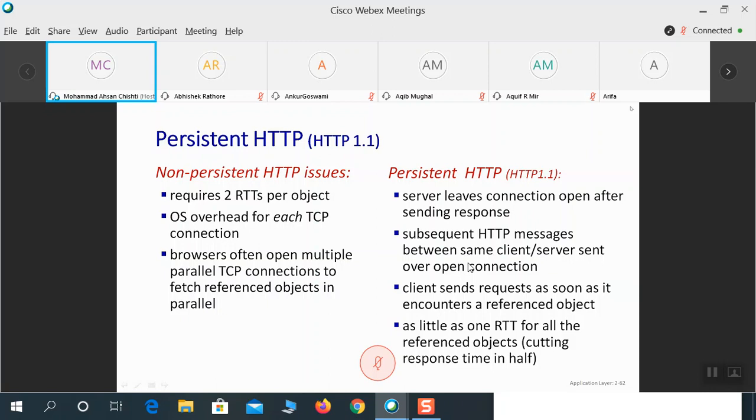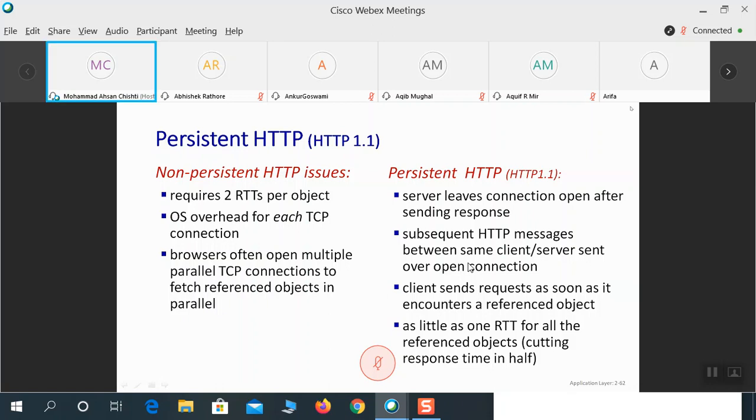Whereas in persistent HTTP, subsequent HTTP messages between the same client and server are sent over the same open connection. You do not have to create this connection again and again. You simply use the created connection for all the other messages that are transferred between the server and the client.